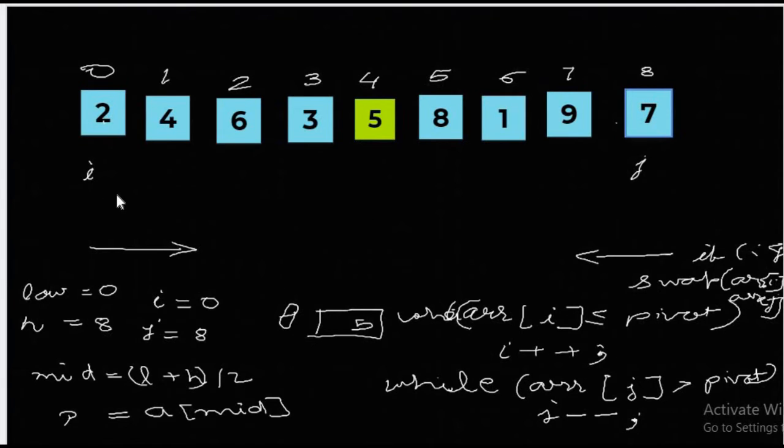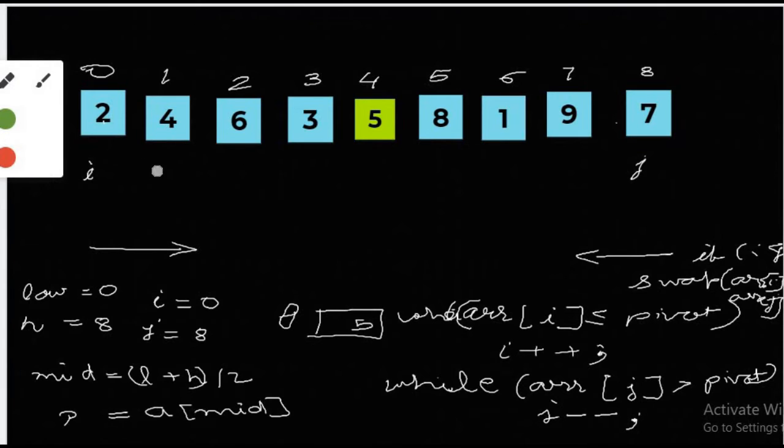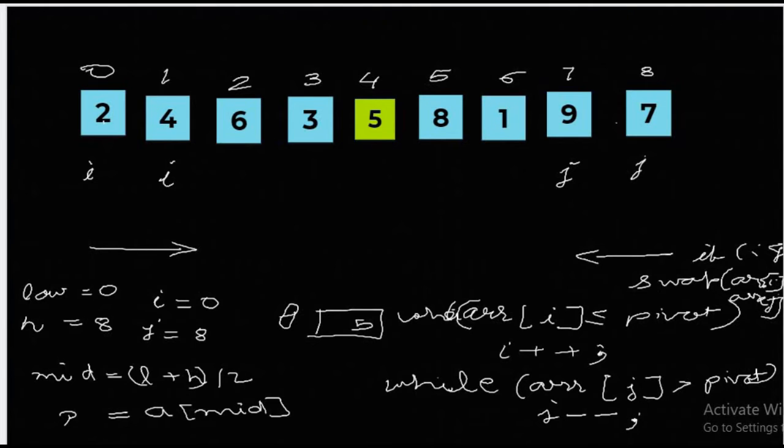Okay. So in this way we have swapped this, and now, after swapping, we should increment i and decrement j, because after swapping there is no need to compare them again. So we must increment i here and j should be decremented here. Now we have to repeat the same step. Again we will check, while array[i], is it less than or equal to pivot? Yes. So in this case, we are not going to swap or do anything else, but we will increment i.